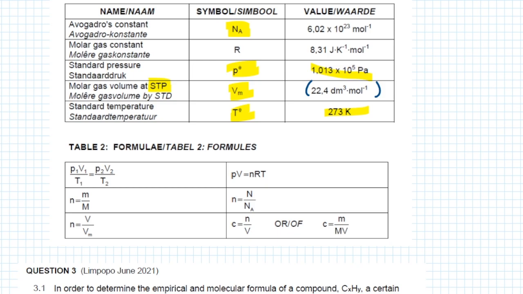When we take a look at the formulae available to you, the first one takes all of the different ideal gas laws and puts them together. The one that you should be familiar with this year is Boyle's law, which is P1V1 equals P2V2. The formula on the right hand side is the ideal gas equation, which we actually don't make use of this year. When we look below that, we have the formula we've been using from grade 10 to calculate the number